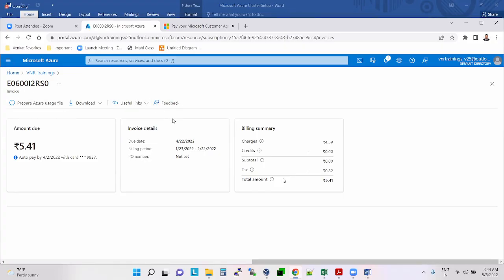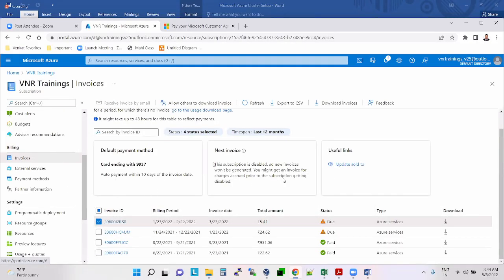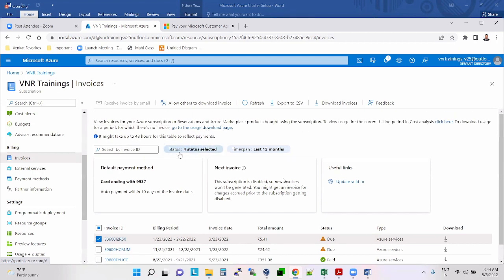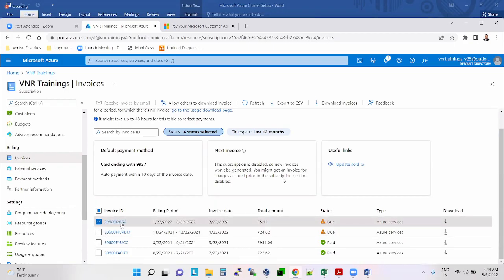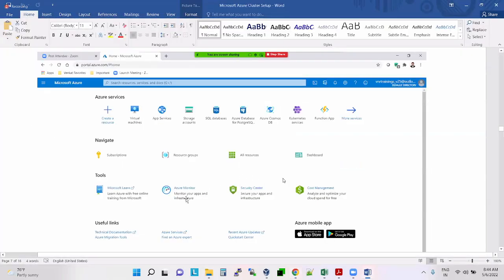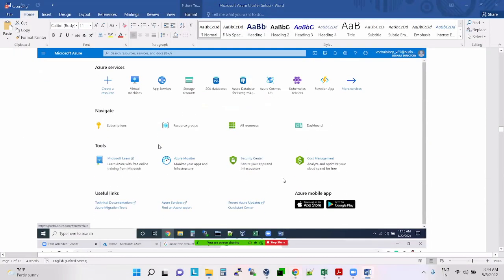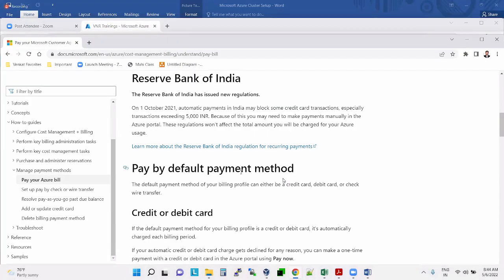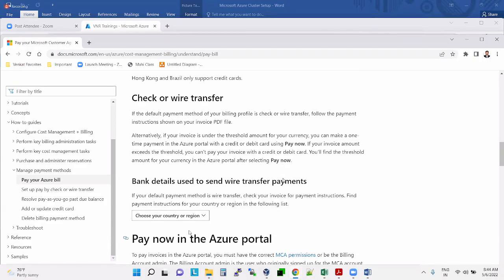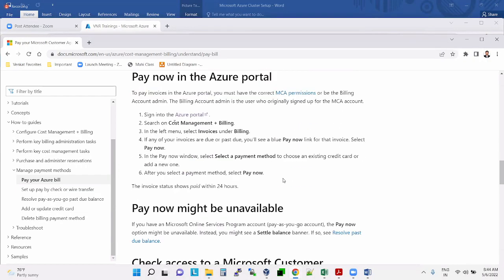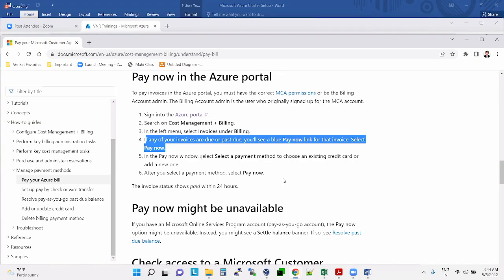Earlier I was not facing this issue. If any invoices are due or past due, you will see a blue pay now link.